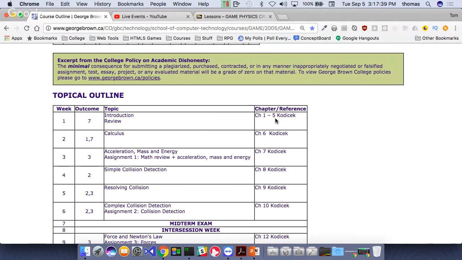Okay, so calculus next week. Yeah, we'll do calculus next week, but I'm probably going to tell you that we're going to move into the week after as well. And we're probably going to push some of this stuff down a little bit, especially when it comes to complex collision detection. I'm probably going to do more complex stuff in the second half of semester. The first half of semester, we're going to focus on calculus and physics, even some of the physics stuff they've got here, like collision resolution, in other words, what happens when you collide, not just detecting collision. I'm going to push that down as much as I can towards the second half of the semester.